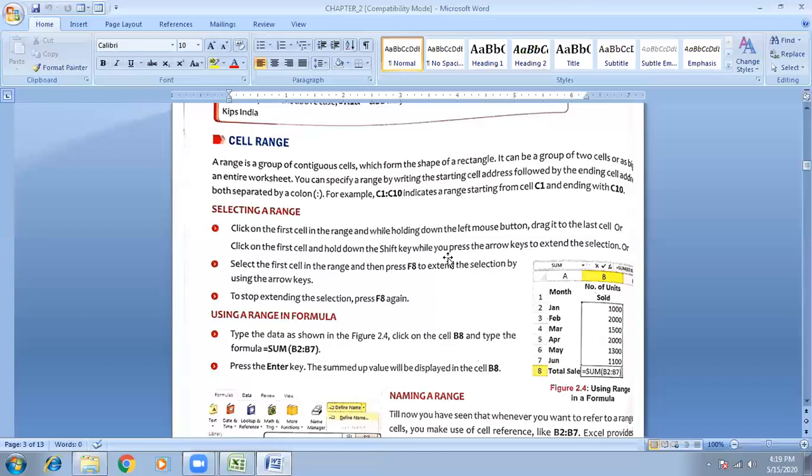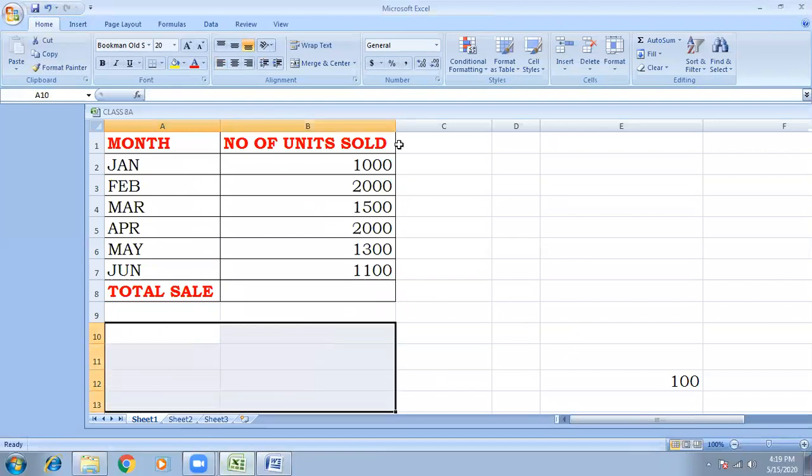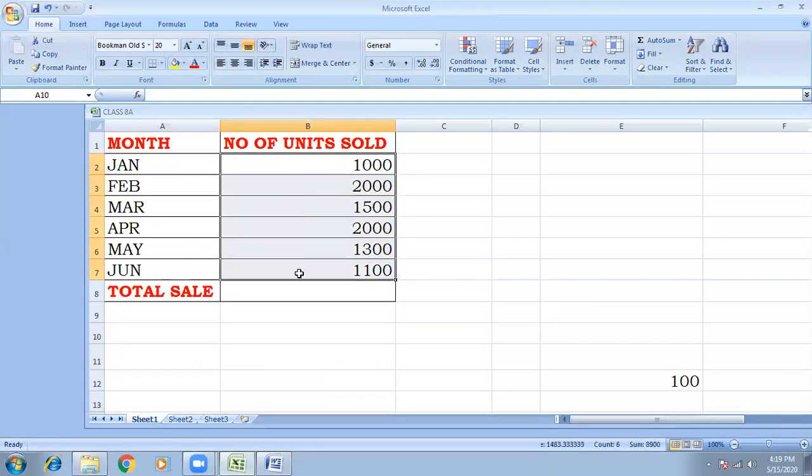All this I will show in Excel. Look here. This is the already created cell range. I will show the selection here. First click the first point by mouse. Click here and drag toward the right downward side. This rectangle box will be displayed. It means these cells are selected by mouse.